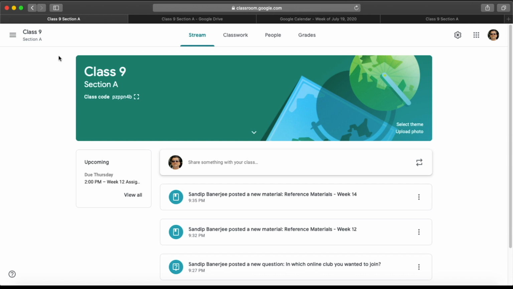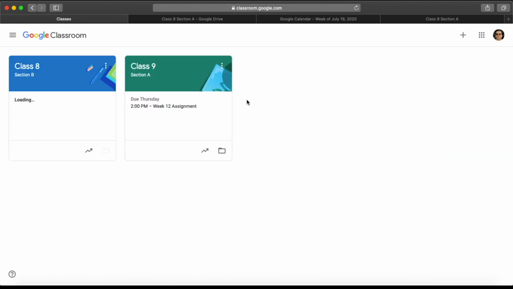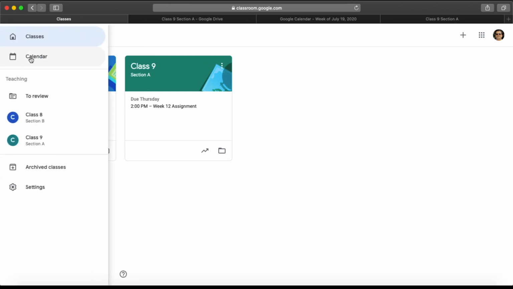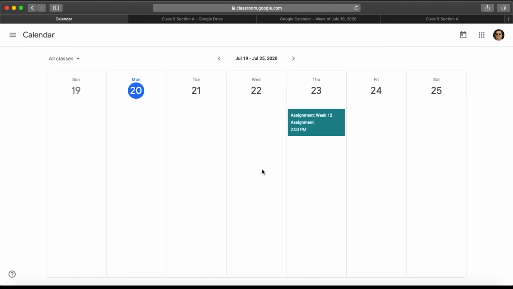Another last option we need to talk about is our main menu. If I select that, it will show you the option of classes. If I select it, it will show all classes available. Currently there are 2 classes, so that will show. That is number 1. Number 2 is calendar. As we saw earlier, if we click calendar, it will open the Google Calendar and show it for all the classes. It's having a different view here. Earlier we saw one view, and this is a condensed kind of view where in the block it's showing that by the 23rd another assignment is due. So this is one way of checking the calendar.